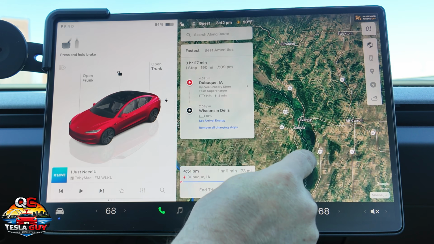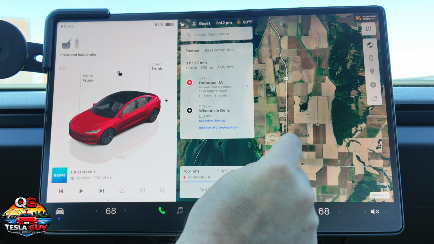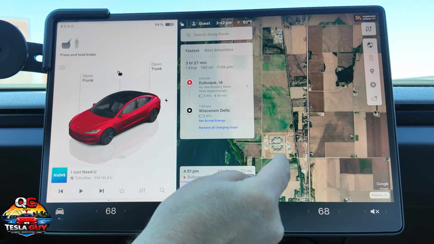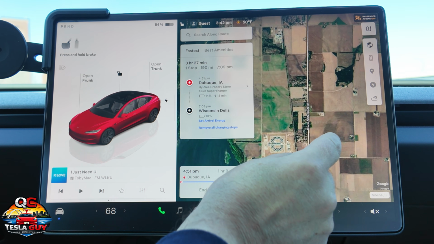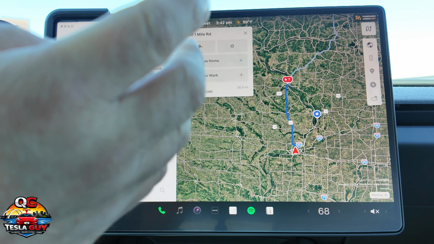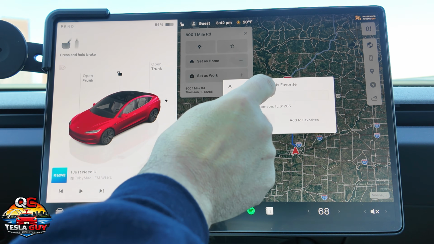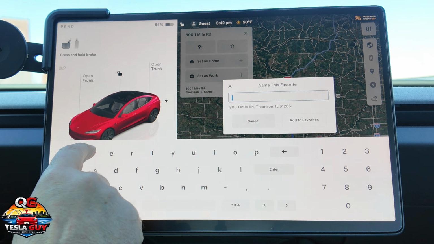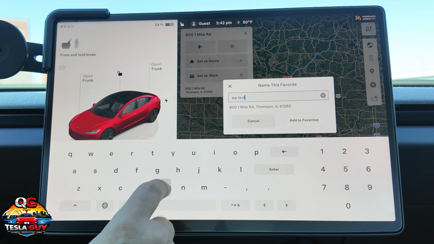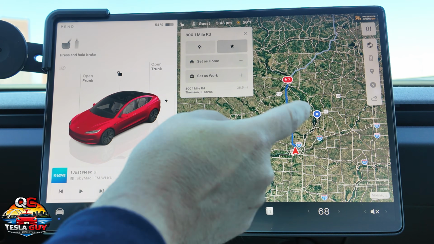So I like going through this area right here, and I specifically like going past this place right here along the road. So this is actually, I think, an old prison or something. So we're going to put a marker there. And now that I set a marker, I can also mark that as a future waypoint. So let's say that I want to call that waypoint to Dubuque, right? I put something in, I add it to my favorites,